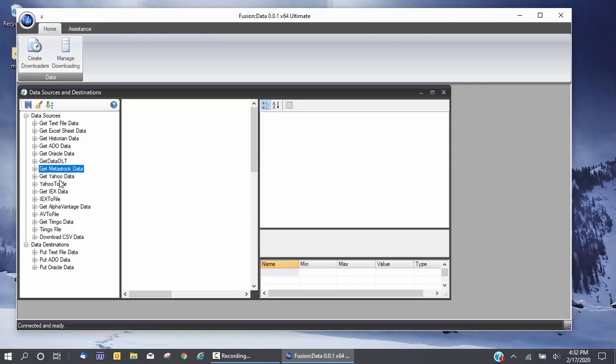You can get Metastock data, and then we can get various financial end-of-day feeds a couple of different ways. So we have Yahoo, we have IEX, we have Alpha Vantage, and Tinggo. Tinggo I like, Yahoo I like, actually. Not that Yahoo data is all necessarily the best and accurate, but